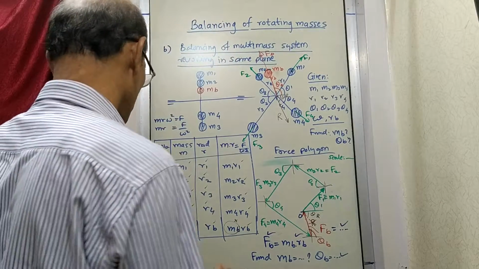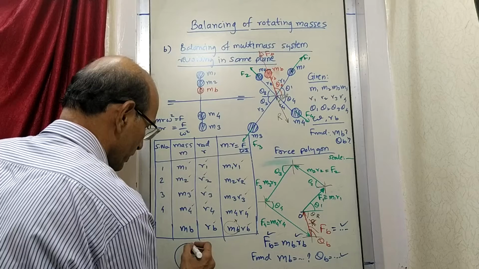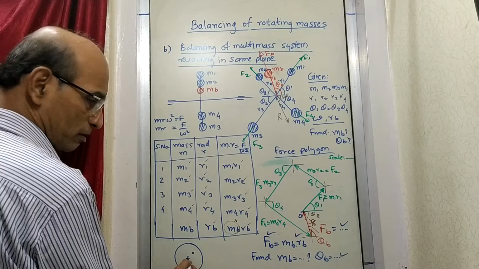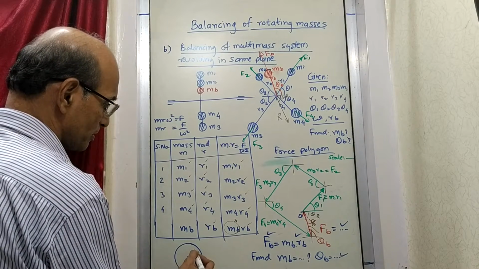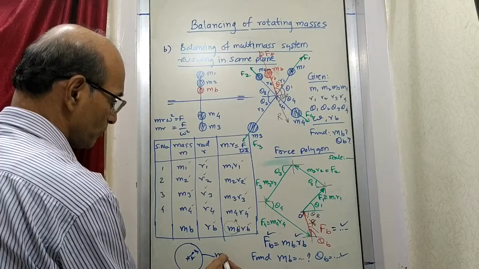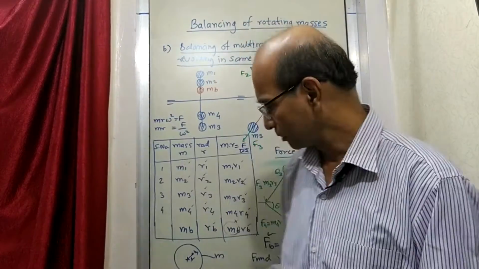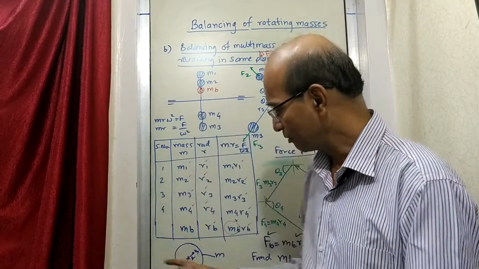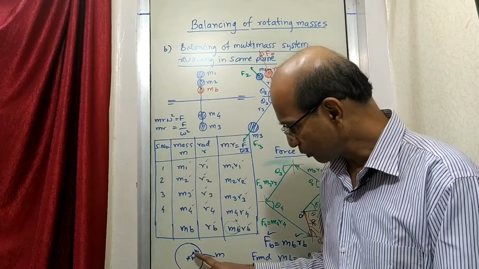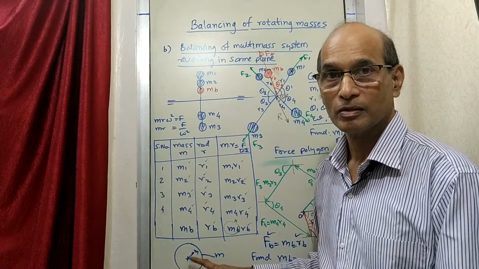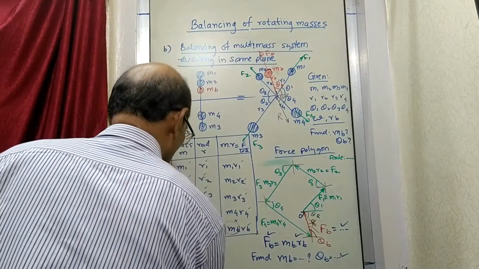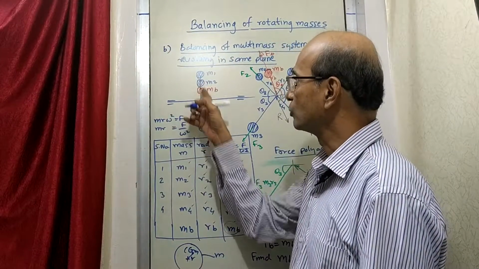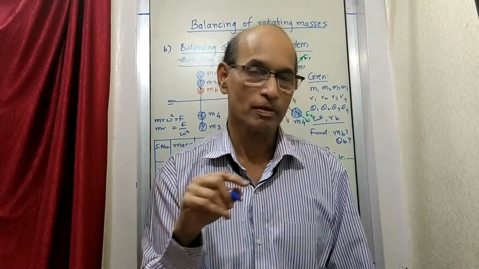So suppose I explain to you, if this is a gear, then the mass of the gear is not here, but it is here. So this is R and this is M. So for the mass of the gear M, instead of saying that the mass of the gear is present all over, we say that mass is concentrated only at one point. Rest everywhere there is no mass. So that mass is only at one point, which is the CG. At that CG the mass is concentrated, and that CG is at a distance of R. So that is now this situation, a mass at a certain distance. So this becomes an unbalanced system.